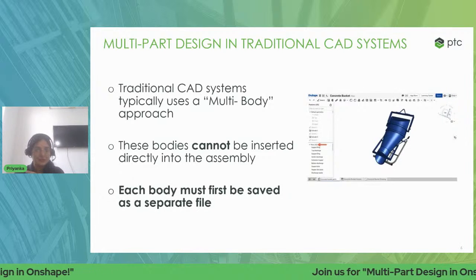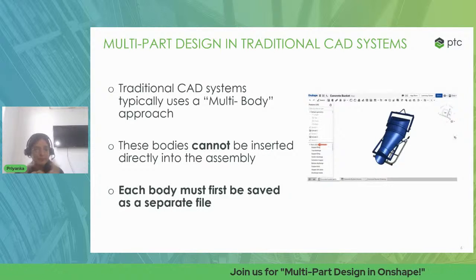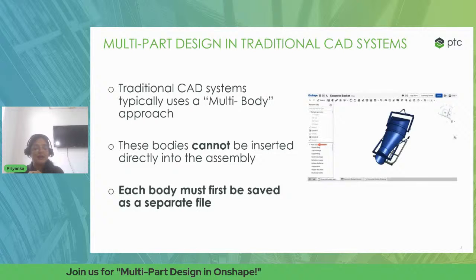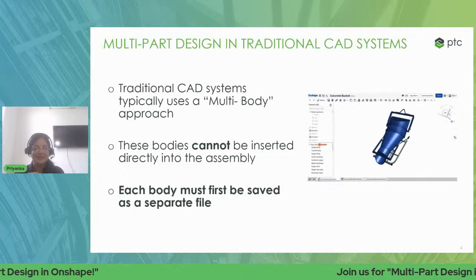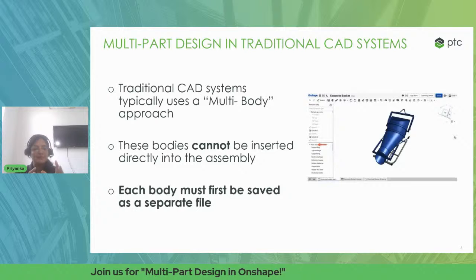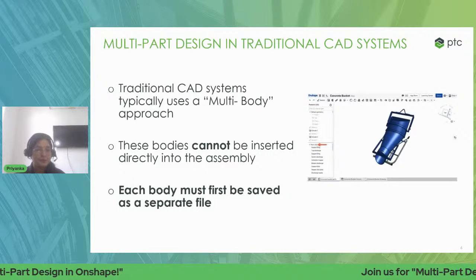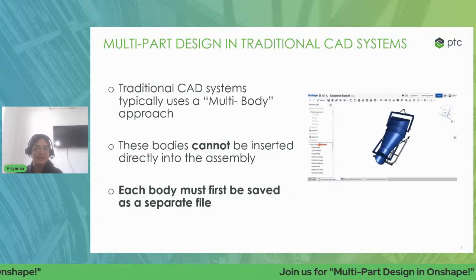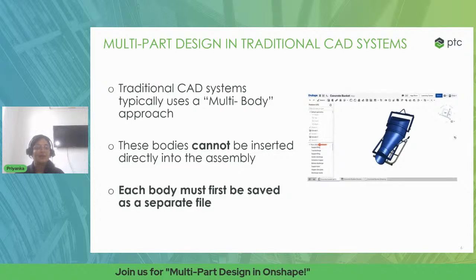So in a screenshot, forgive me, it's a bit smaller in size, but it's a concrete bucket, which has approximately 41 solid bodies within that part, right? So it has always been the approach in the older CAD system that you have bodies, and if you want to make them together, it's okay to create them together in a part, but those are not real